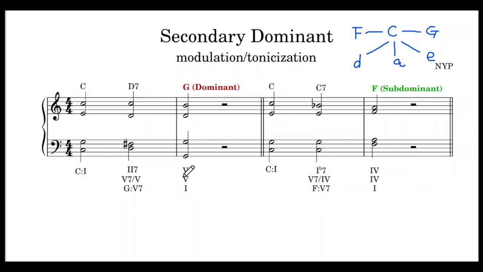But for the original key, C major, G, B, D is the 5 chord. So for secondary dominant, we will write in this way: 5/7 of 5 resolves to 5. It looks like from C major modulate to the dominant key. But if it is a tonicization, we will just use the description of this second line: 5/7 of 5